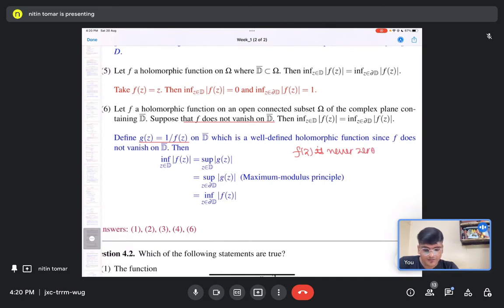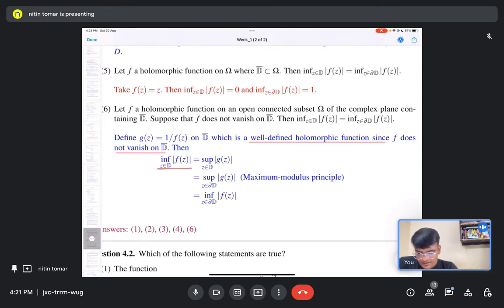f(z) is never 0 on D bar. Okay, does not vanish means this. So this g is a well-defined holomorphic function since f does not vanish on D bar and f is a holomorphic function. So therefore, this g is also holomorphic. Now, one thing you should note that